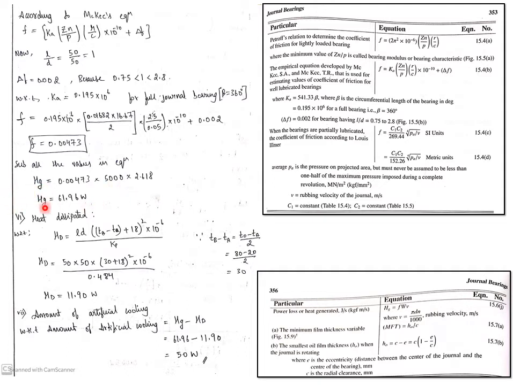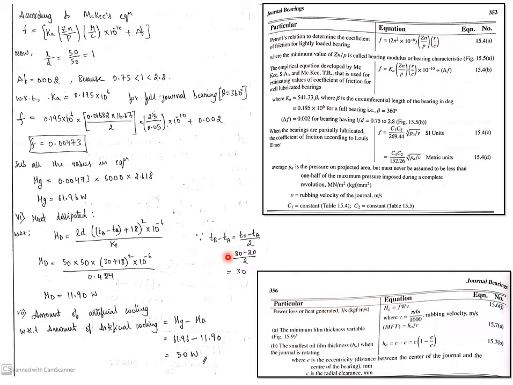Once you have the value of Hg, next is heat dissipated. This is the heat dissipated formula. Substitute back and you will get the values. Now this is a very important step. Since he has given the operating temperature, I repeat, since he has given the operating temperature, we just subtract from it the ambient temperature divided by 2.